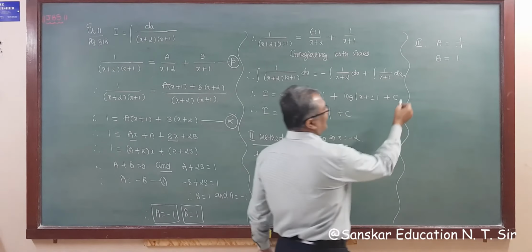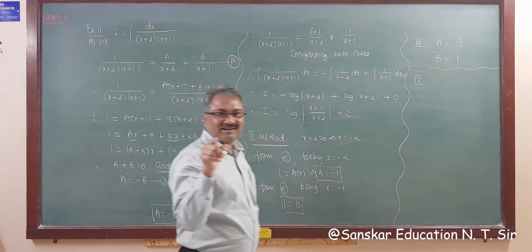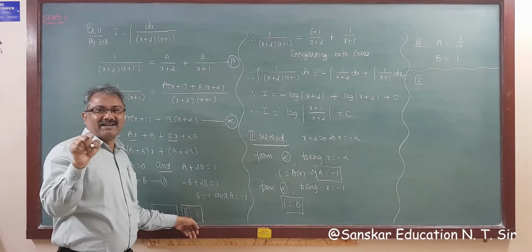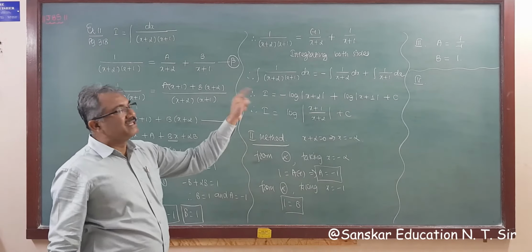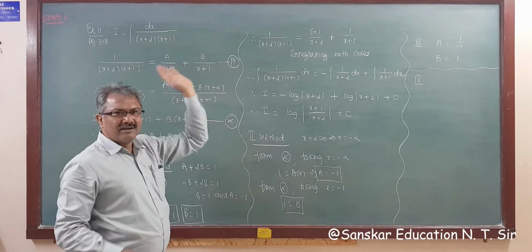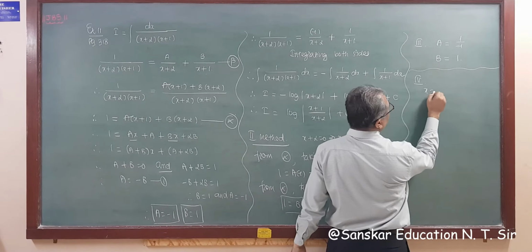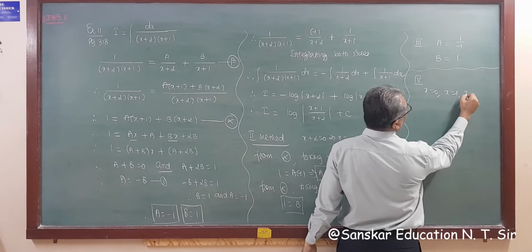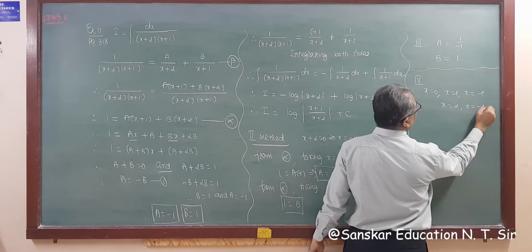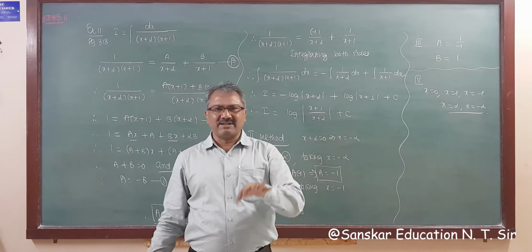And the fourth method for finding the value of the constants, for quadratic and repeated roots, I am going to use this method. Take any random value, forget the roots. You can take x is equal to 0, x is equal to 1, x is equal to minus 1, x is equal to 2, x is equal to minus 2, any value, take x0, x1.